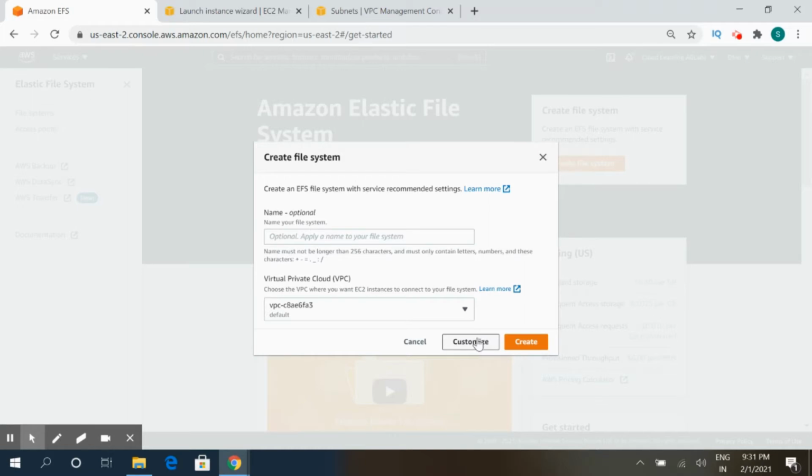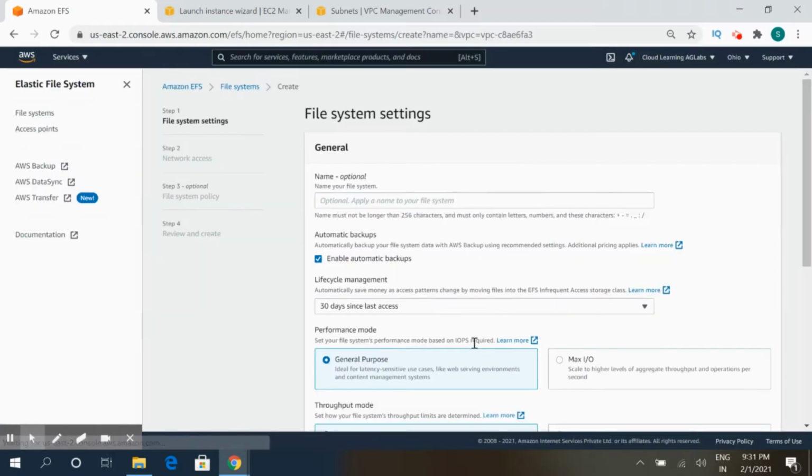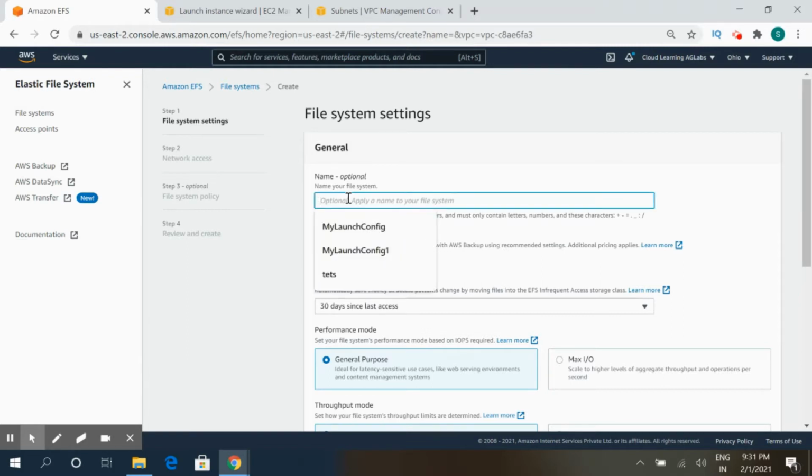With the new console in 2021, a lot of new options have been provided for creating an EFS. But since we will be doing a customization, we will click on customize. Then this console will open up. In this, we will give it a name. We'll name it my test EFS.